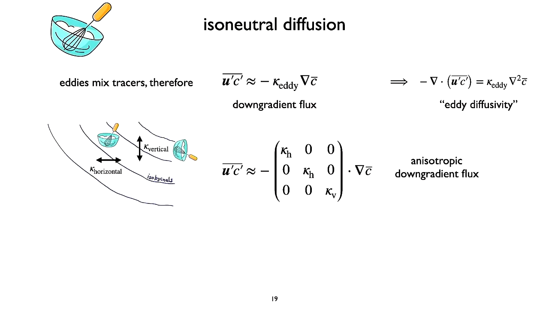Now, we can have something a bit more elaborate. We can have different diffusivities for the horizontal and for the vertical. Remember, instead of having the same diffusivity for all directions of the gradient, multiplying the ddx of c, ddy, and ddz, instead of a constant here we can have a matrix, and then the horizontal will be different than the vertical.